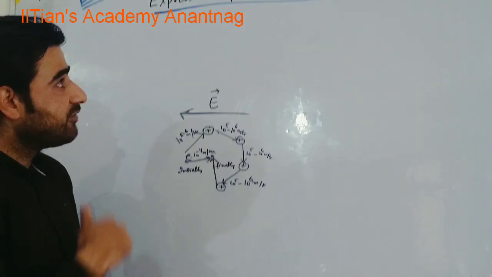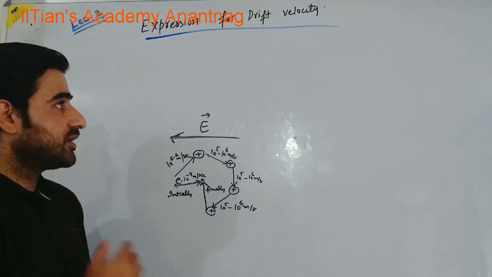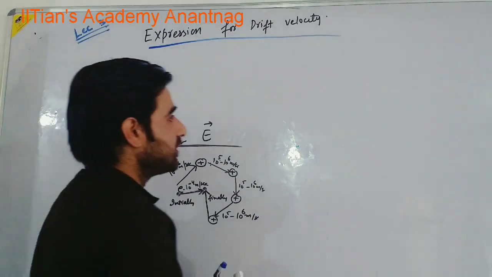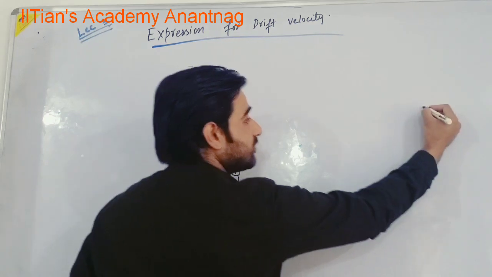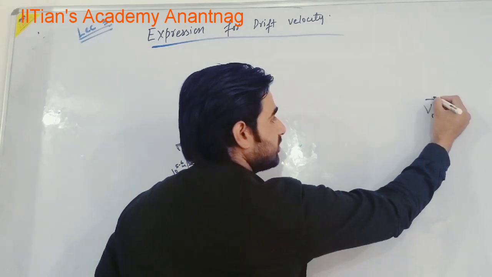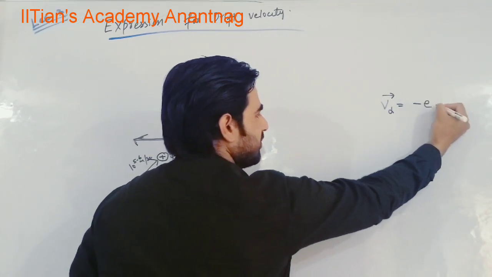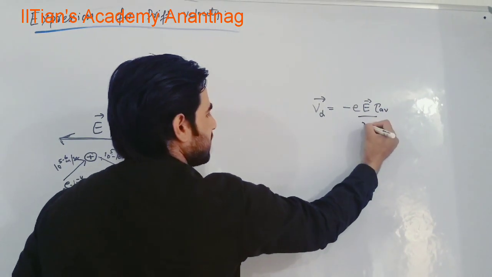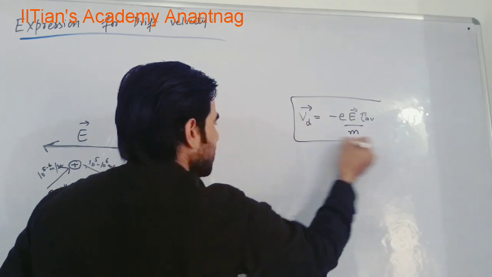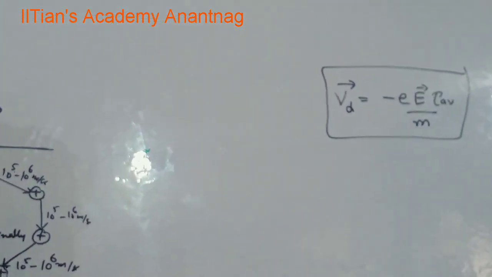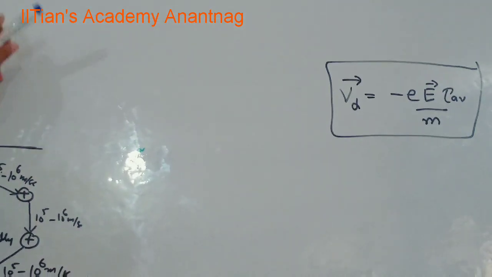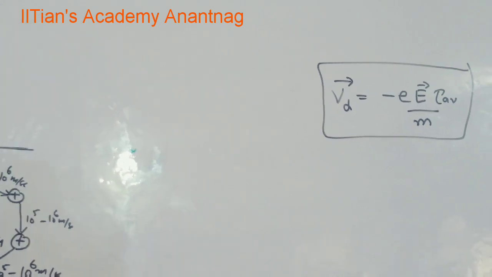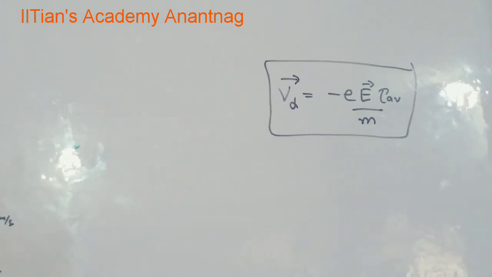This is actually the average velocity with which the electrons are drifted. So the expression for drift velocity will come something like this. Drift velocity is minus eE tau average by m star m. Okay, let me write it as m. Later on we will be having a discussion on m. And this is one way of expressing drift velocity, whatever I will be doing. But you should look for another way that I will be discussing in this video.